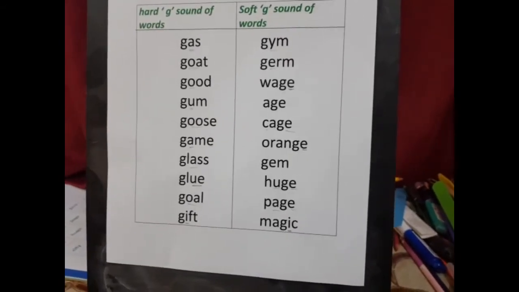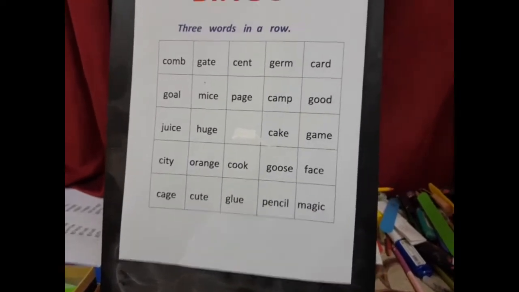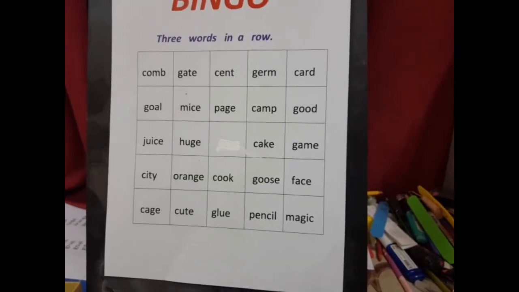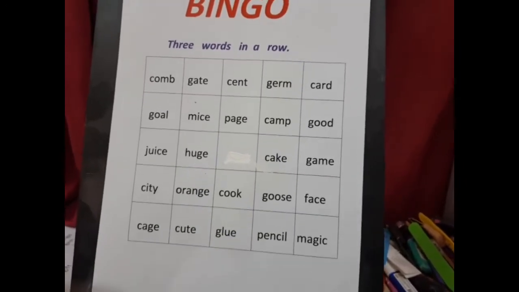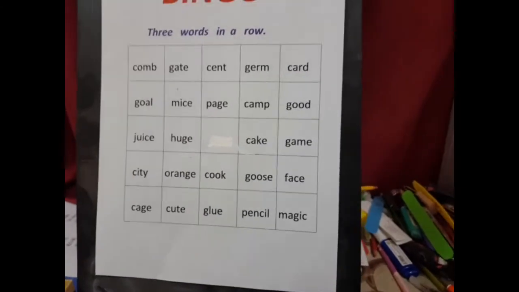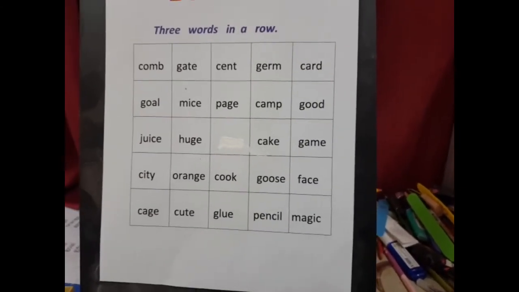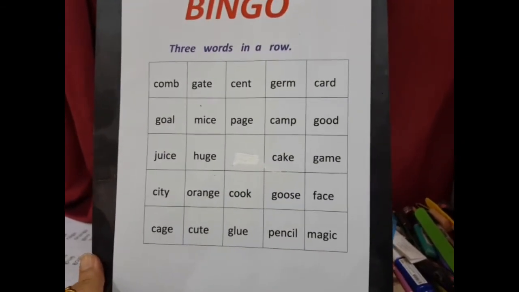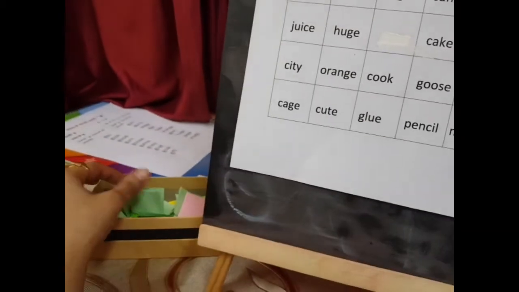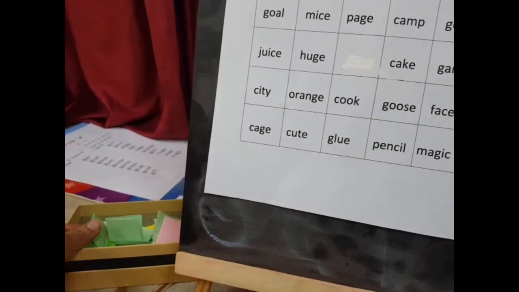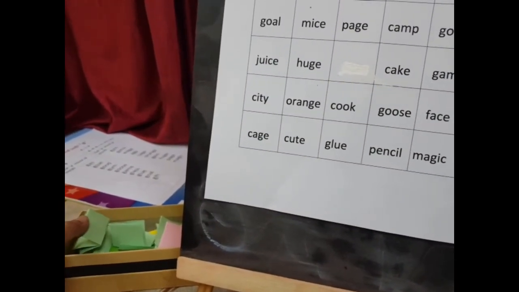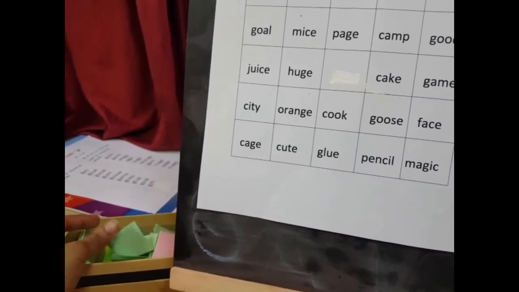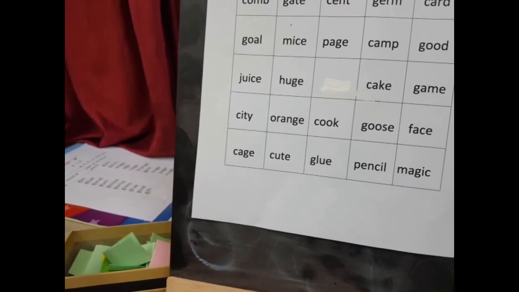Good, Filza. After practicing the words with the soft and hard sound of G and C, now I'm going to play a game with her so that she can be perfect. So let's start now. Filza, this is the bingo game. I made some words here. You are going to pick up one paper at a time. One time you pick up, the other time Mama will pick up. So Mama is a teammate for you now.